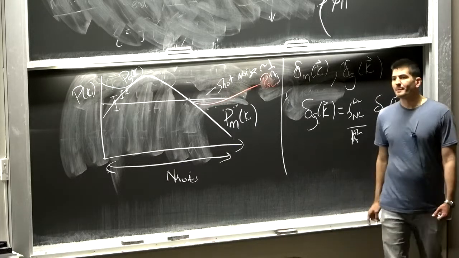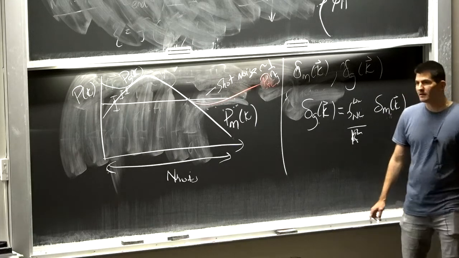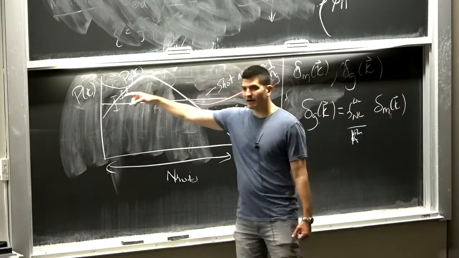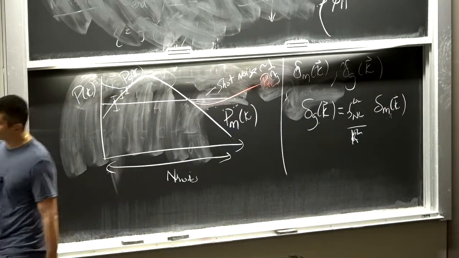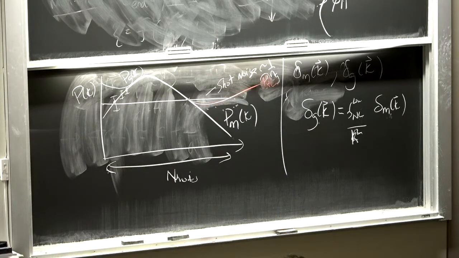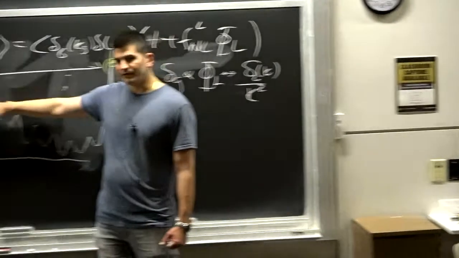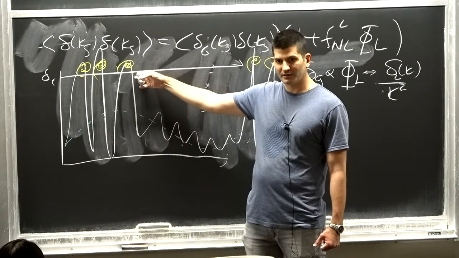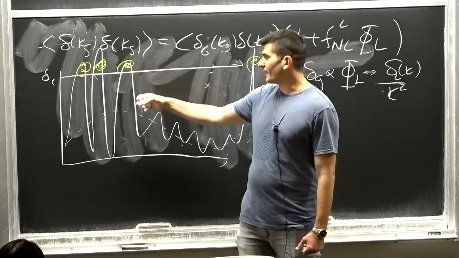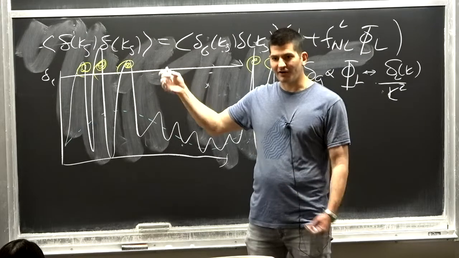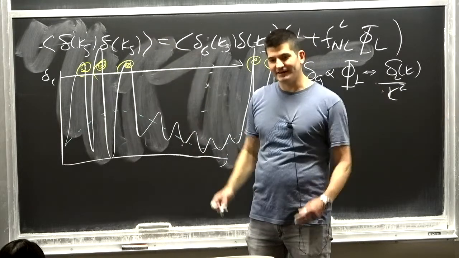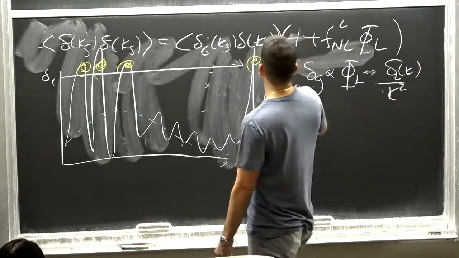Yep. What is the difference between galaxy power spectrum and matter power spectrum? So this effect doesn't affect the matter, right? The entire reason this worked was because I had this picture of critical collapse that converted the size of the fluctuations into the number of galaxies. How do you define the delta galaxy? I count how many galaxies there are in a box, count how many galaxies are in an average box, and divide. So this is like,